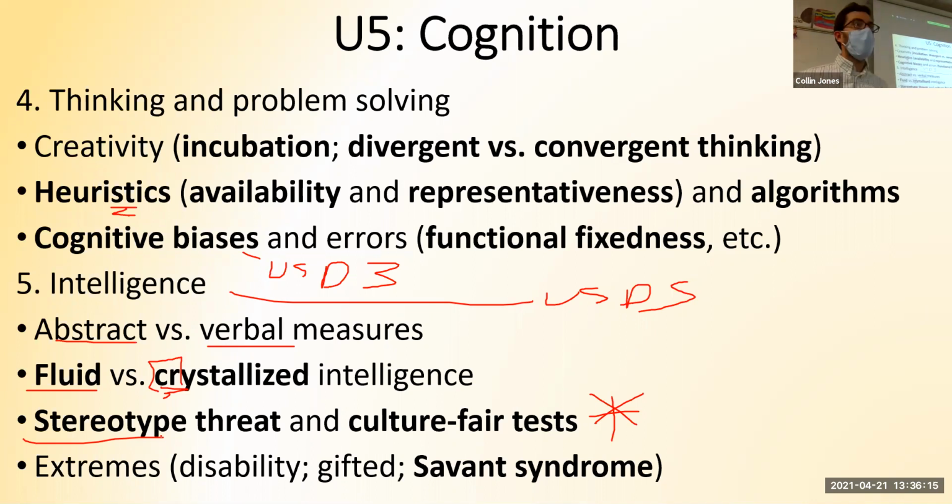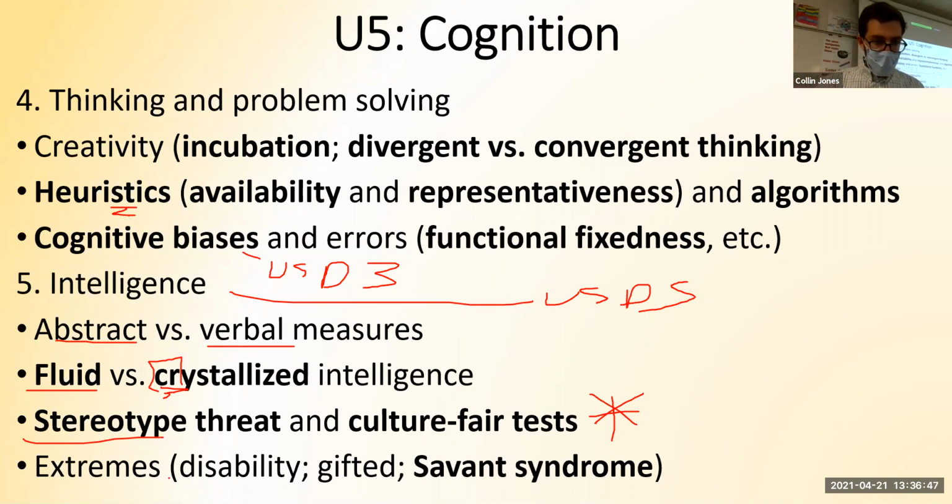A culture fair test is related. If I give y'all a test and basketball players do really well on it and everyone else fails, or if I give you a test and guys do really well and girls don't, or if I give you a test where 20-year-olds do great and 12-year-olds do not, my test is not culture fair. A good test, people should do well on it, from all sorts of different cultures. So if they don't do well on it, it means that my test is biased. So we got to make sure we have good tests.